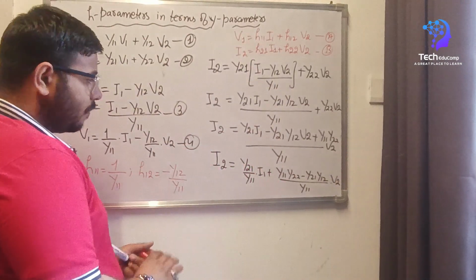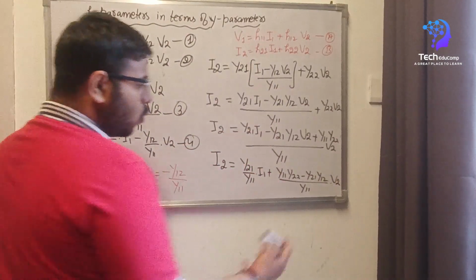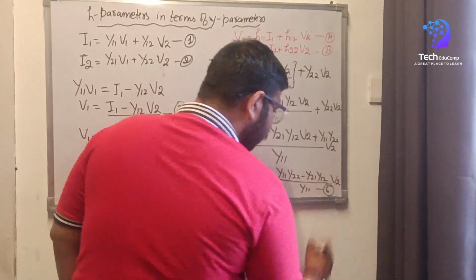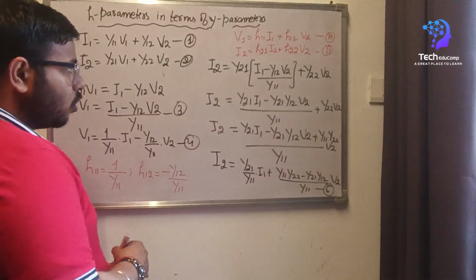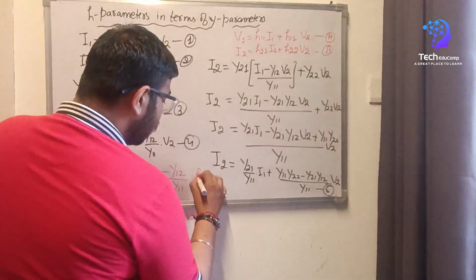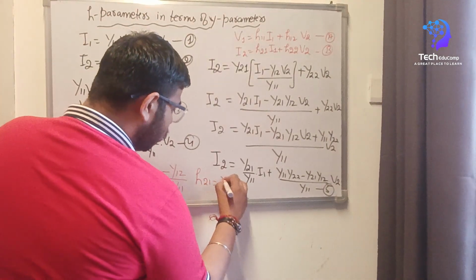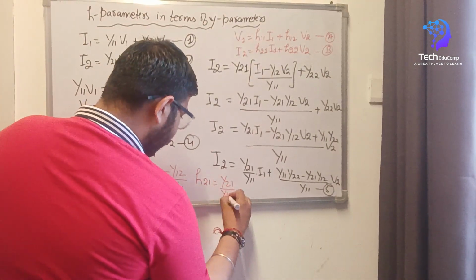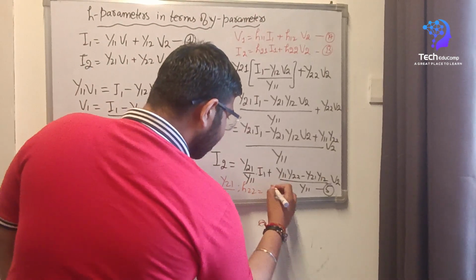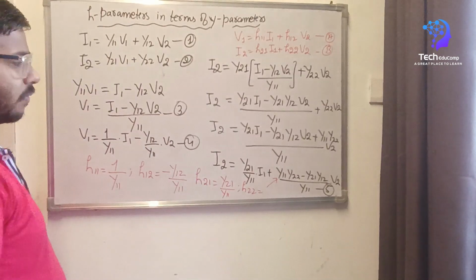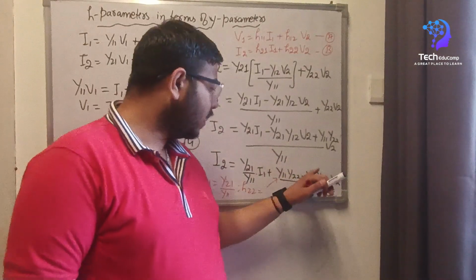So when you compare this equation number 5 with equation number B, you can observe that h21 is equal to y21 upon y11 and h22 is equal to y11 into y22 minus y21 into y12